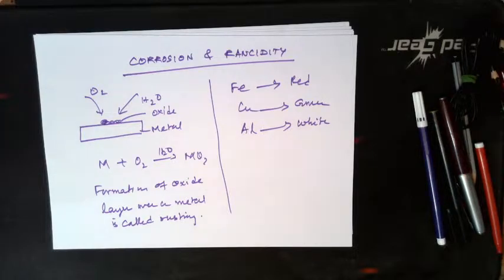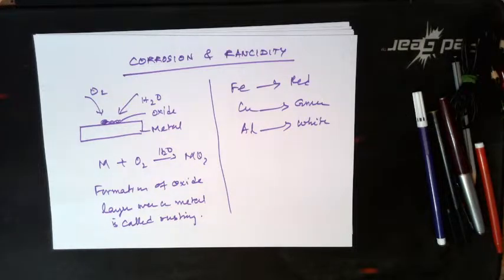And how can we prevent corrosion? We can prevent corrosion by applying oil, or paint, or by galvanizing, that is applying a coat of zinc. That is called sacrificial protection. This zinc doesn't allow the iron to get oxidized. It sacrifices itself and thereby protects the iron, and that's why it's called sacrificial protection. The process of applying a zinc layer over the iron